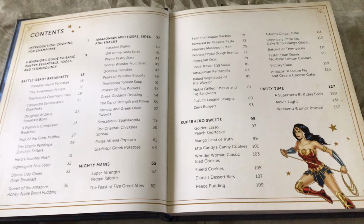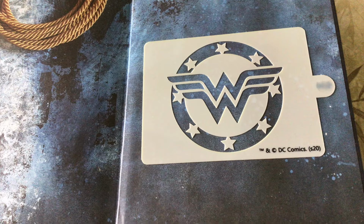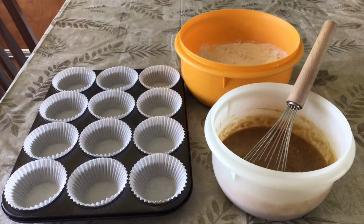Anyway, after the 4 recipe sections, there's a few pages listing some meal ideas, like, say, if you're going to have a Wonder Woman birthday party, here's the dishes we recommend. And then at the very back of the book is a stencil of the Wonder Woman logo meant for one of the cake recipes. So, to start with breakfast, we've got the Fruit of the Gods muffins, where you mix